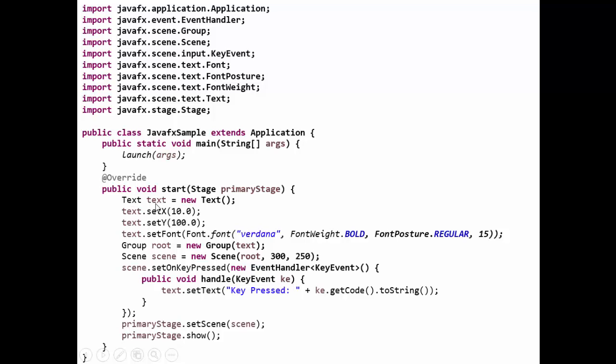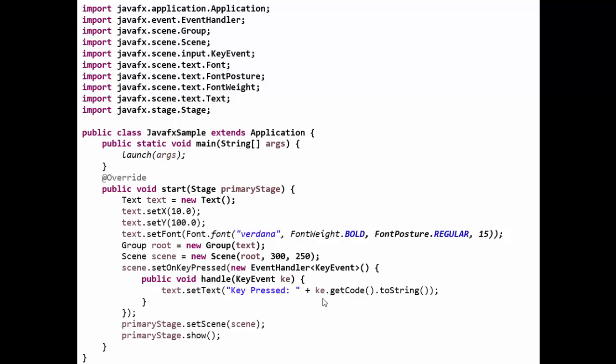Now in this our text, you would be clear why we had taken this text. Actually, we want to display what key is pressed. For that, we had taken this text.setText, key pressed, and which key is pressed. We want to get the code of that key first. Say for example, control is pressed, alt is pressed, any alphabet key is pressed, any numpad key is pressed.